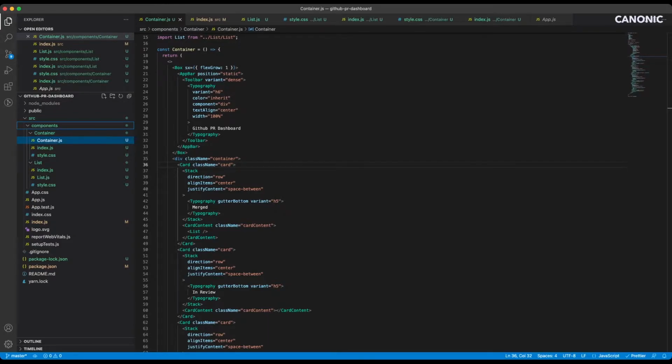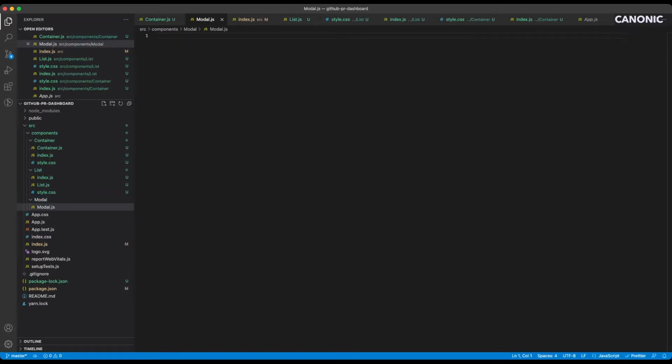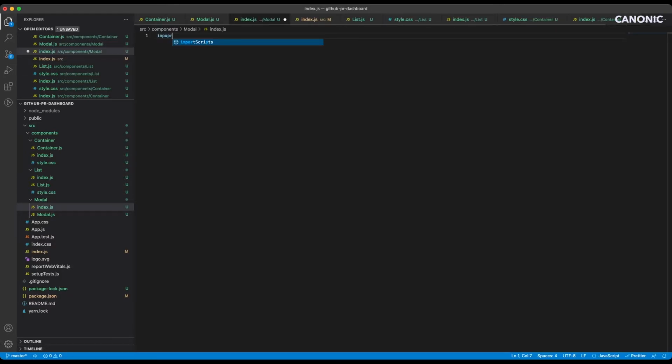We'll create a new folder called modal. It'll have the same three files, modal.js, index.js, import modal from modal, export it.